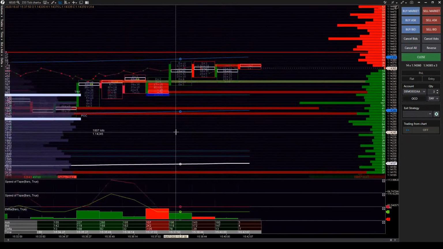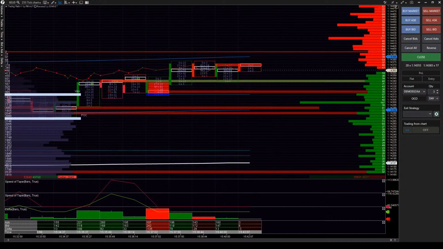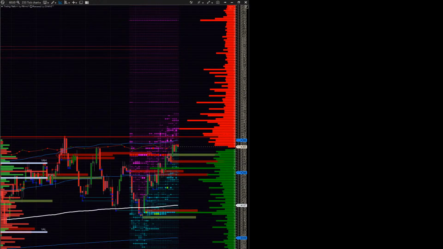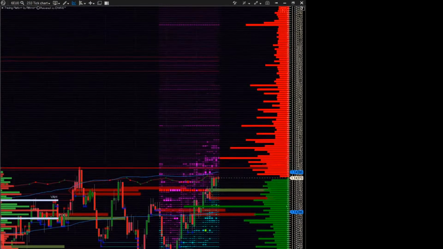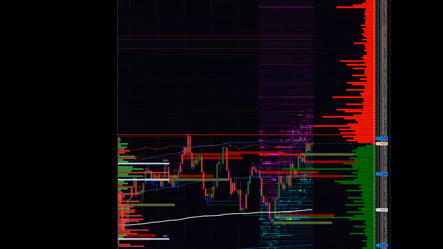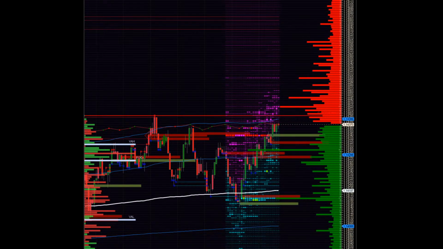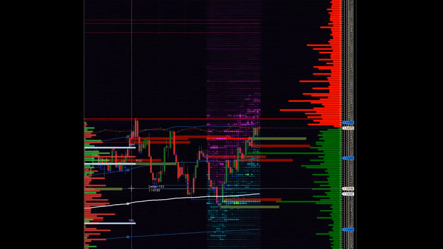This is the footprint chart, but before that, let's go and see the candlestick so you can be more familiar with it. Let me expand it a little bit so you can see it better. All right, so what we can see here is the euro. This is the euro future, and